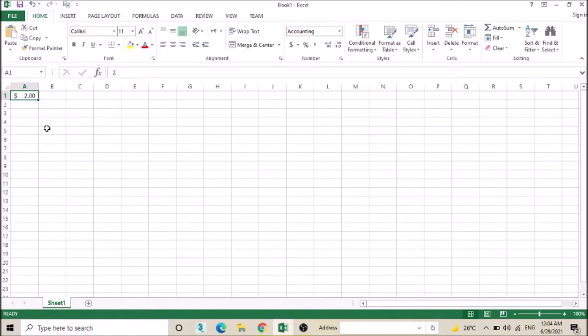Now, if you are looking to insert any other currency symbols, you can do so if you click on this drop down arrow. A list would pop up. Now this list contains common currency symbols. So if the symbol that you require is available, you can use that, and if it's not mentioned here,